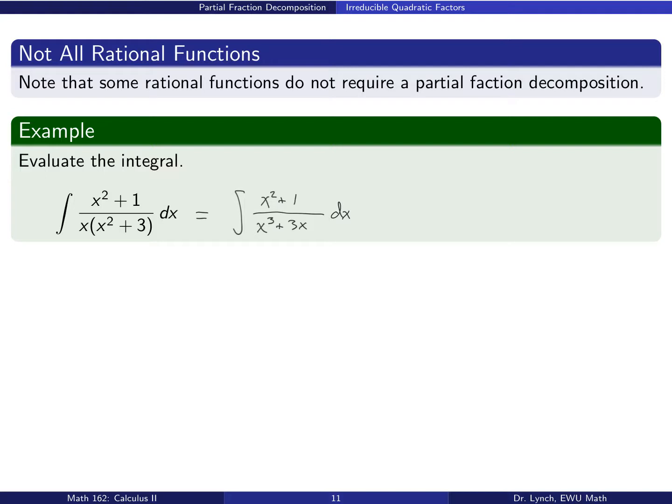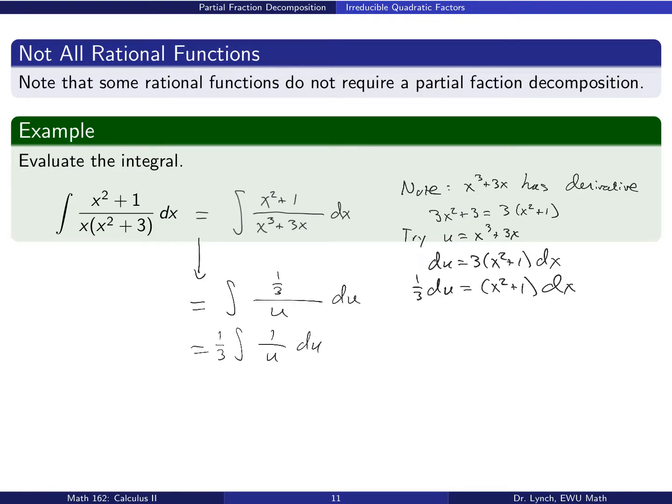However, if you notice that x cubed plus 3x has a derivative that looks like 3x squared plus 3, there's a u substitution that's suggested by that observation. That u substitution is u equals x cubed plus 3x. When u is x cubed plus 3x, the derivative du is 3x squared plus 3, which is exactly 3 times the numerator. Substituting and simplifying, we see that in u world, the integrand becomes 1/3 1 over u du,